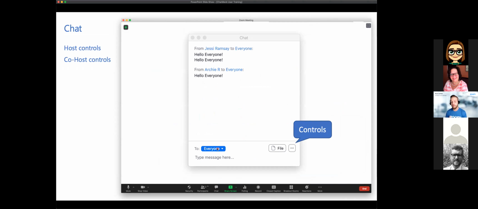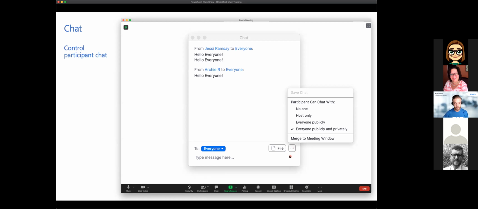You can change who the messages are being sent to. And then you also have the option to view the controls here. Under the controls, this is where you can change who can use that chat feature. If you don't want anyone to use that chat feature, you can turn it off. If you want the host only or everyone publicly, you have those options here to really control who can use